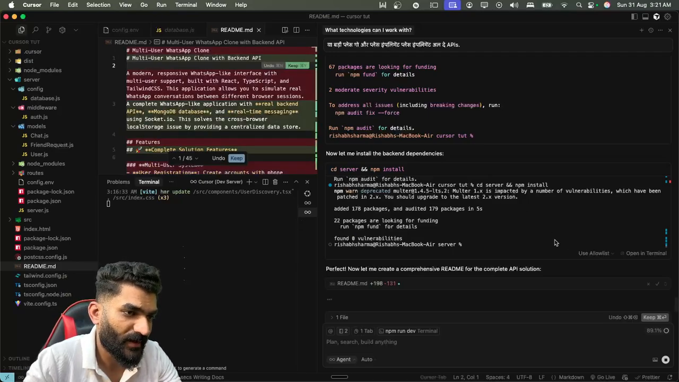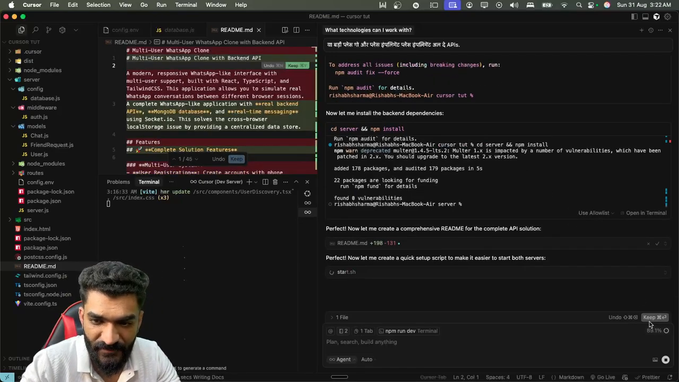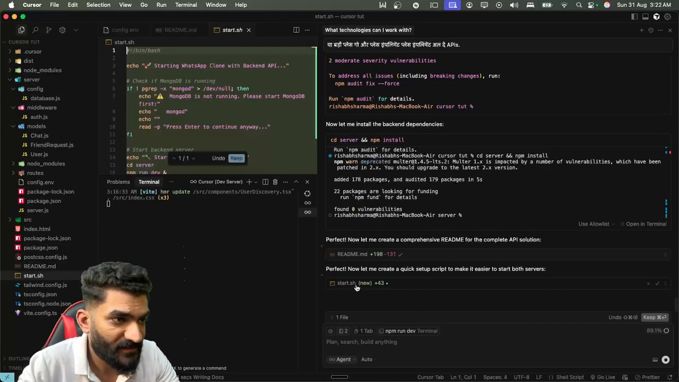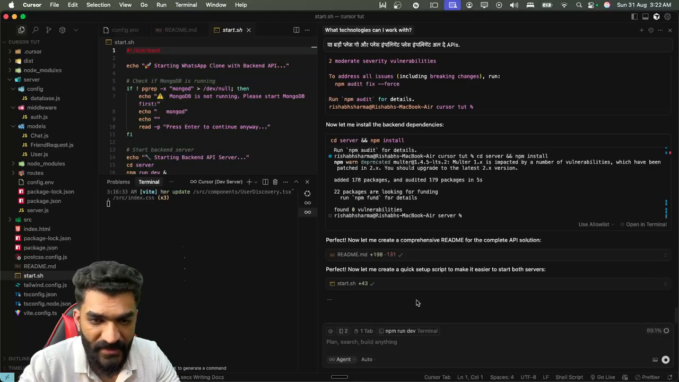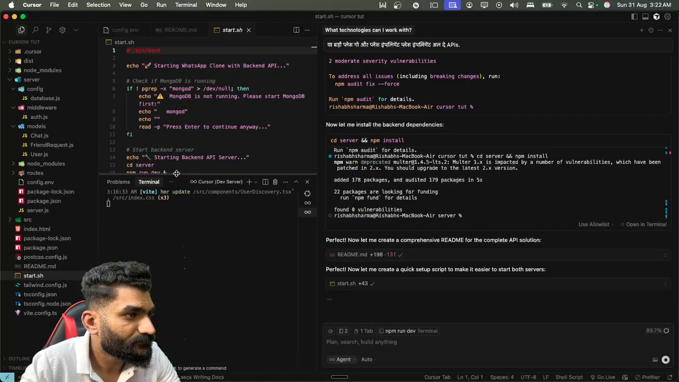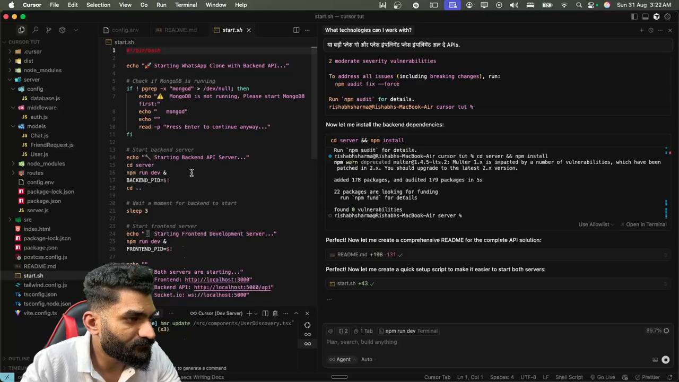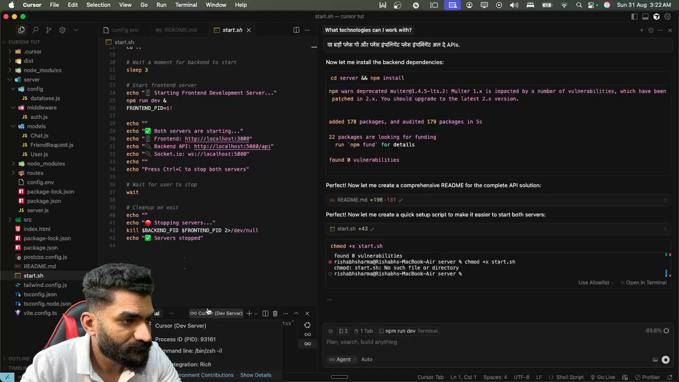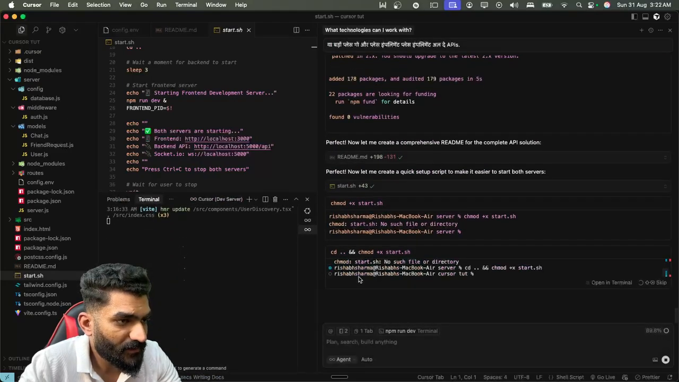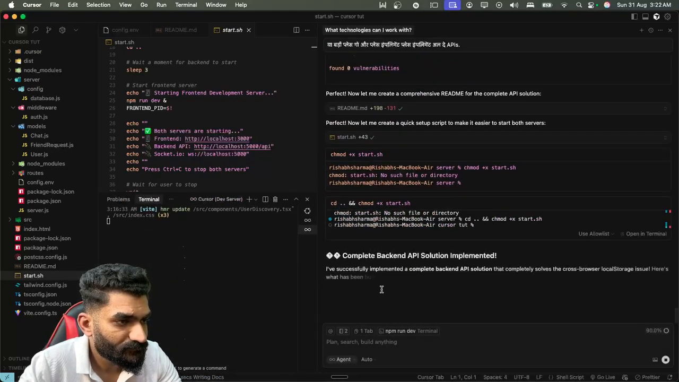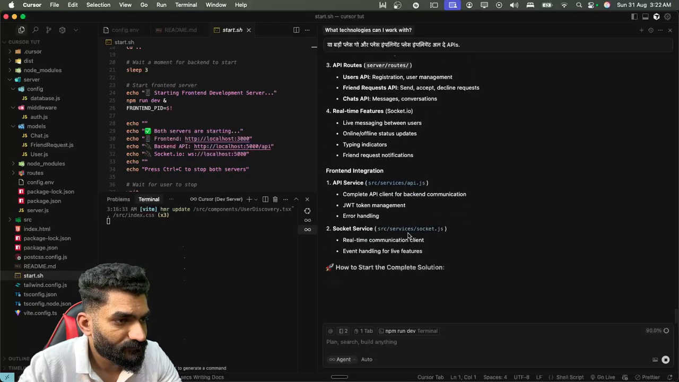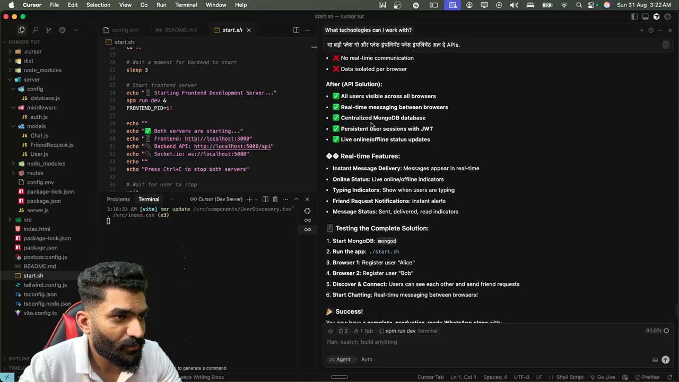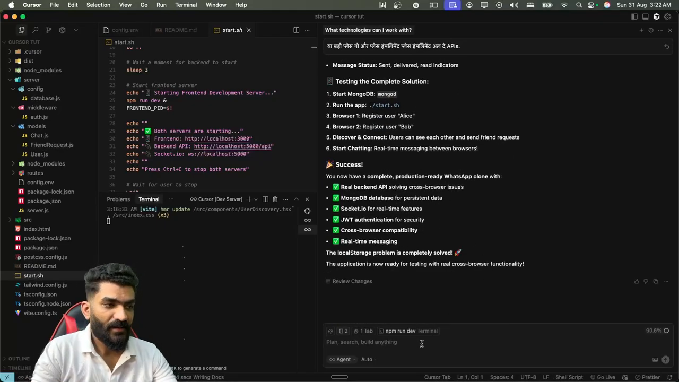Let it generate. Okay, so it has generated this thing successfully. Keep it. Start.sh. So it is creating me a sh file, right? The bash file. Okay, perfect. Keep. Run. Run. Okay, cool. Everything is done. Perfect, perfect, perfect. Before issue, after solve. Okay, perfect. Now,